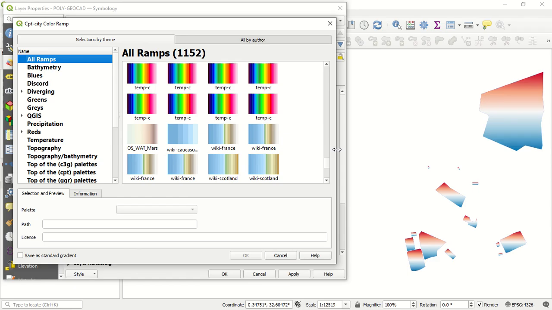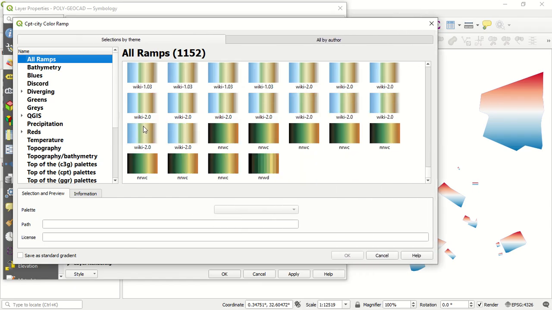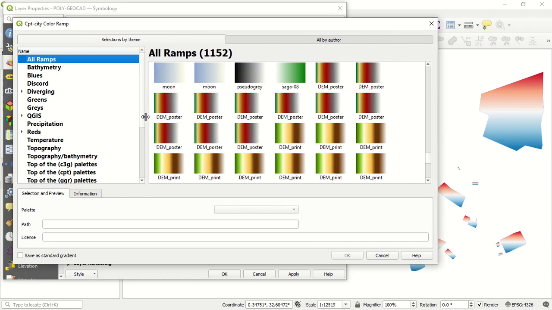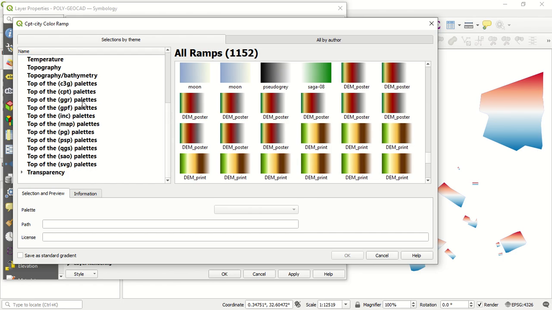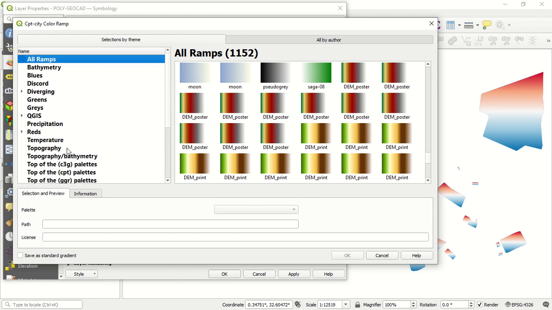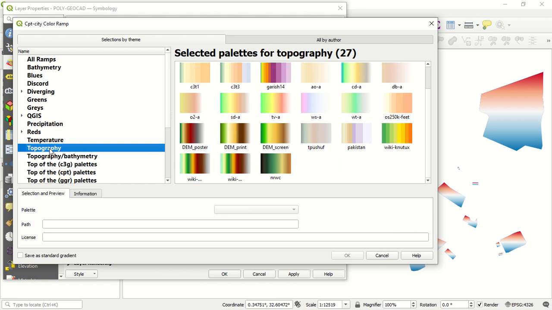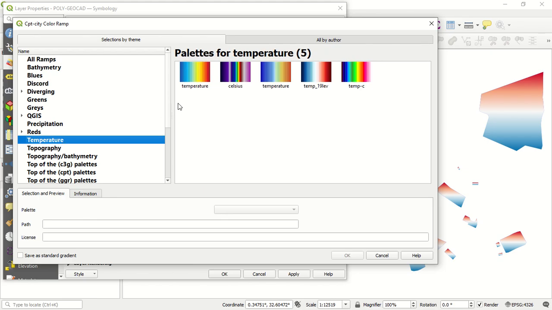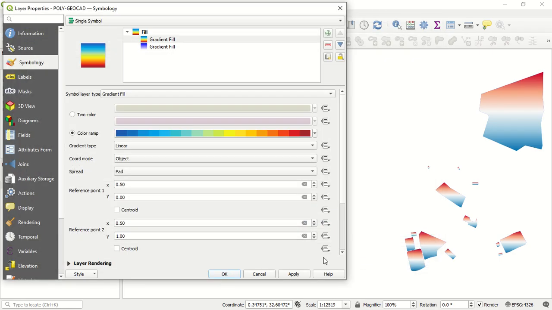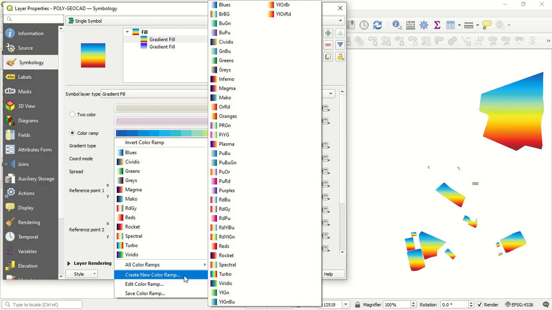And you can easily go to a specific directory for the color ramp, you just need to know what you are working with. In case I'm working with topography, I can just choose this topography. In case I'm working with temperatures, I choose temperatures. We can see temperature, Celsius, temperature. Among these, I can easily select that. I say okay, I say apply. Then come back to this arrow here, create color ramp,